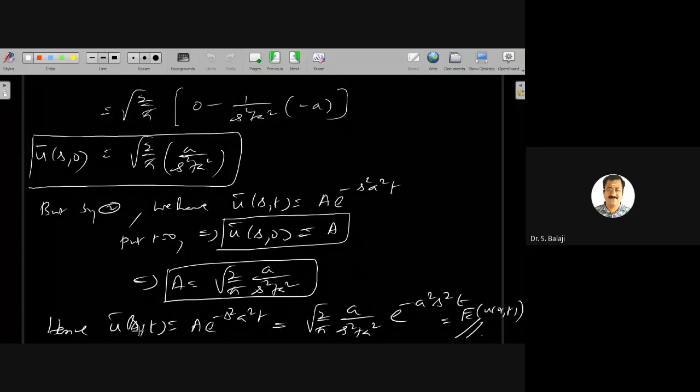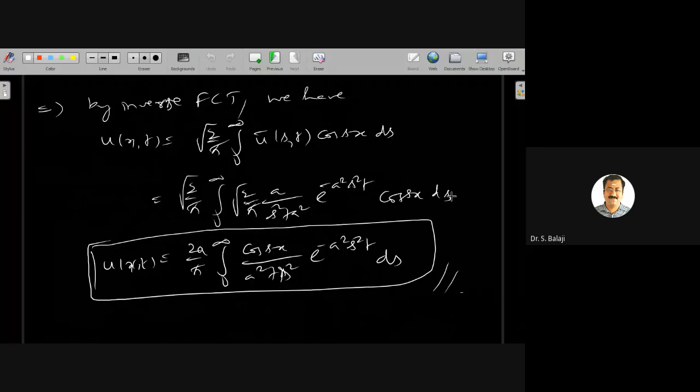Generally, this is the Fourier cosine transform, because we have applied the Fourier cosine transform. This is the Fourier cosine transform of u x comma t. But we require u x comma t. Therefore, apply the inverse Fourier cosine transform. So by the inverse Fourier cosine transform, we have